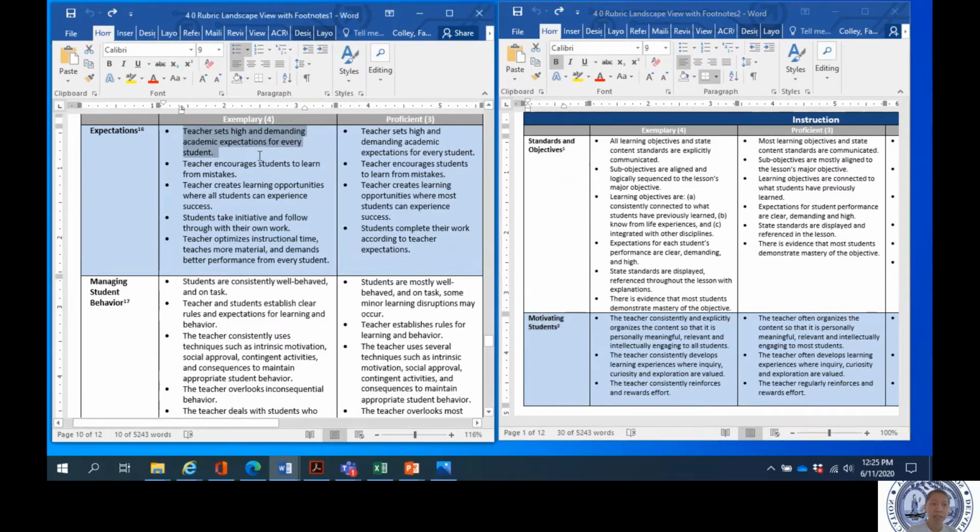So to start with my example of how I connect these indicators and descriptors from the environment domain, under expectations, I see this descriptor and I want to make sure that I am on proficient, because proficient is rock solid teaching, and 4 is just room to grow our already proficient teachers. So I see this descriptor, teacher sets high and demanding academic expectations for every student. When I switch over to the instruction rubric, under standards and objectives indicator, I see under the proficient column